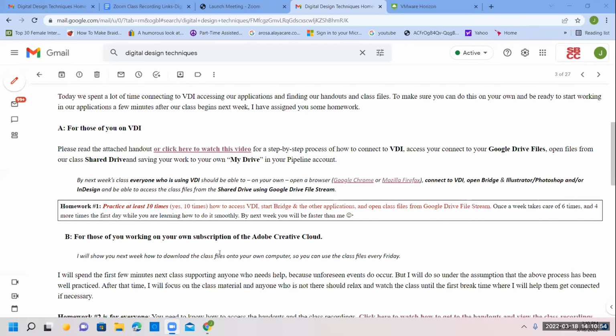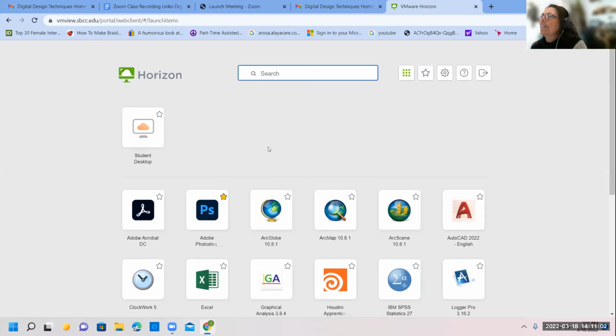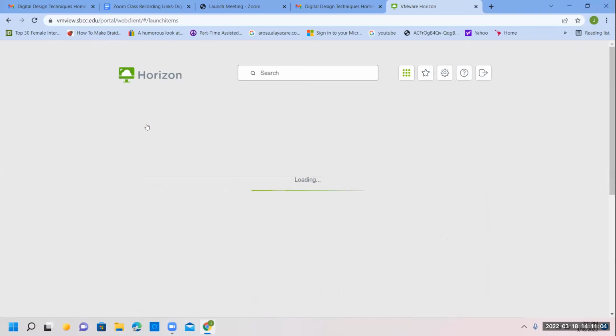VDI works when it works, and when it doesn't work, it's like, aha, pull your hair out. Also, sometimes rebooting can help. Rebooting the whole system down. I did already. Yeah, she's already bumped out and I've been in a few times trying. Okay, so I go here. What I'm having trouble is with